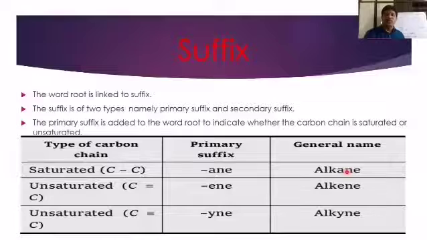If there is no functional group, if any type of functional group is not there, if an alcohol group is not there, a carboxylic acid group is not there, or any functional group is not present, generally in the ANE, the E will be taken as the secondary suffix. The small e itself acts as the secondary suffix. An acts as the primary suffix. Alk acts as the root word. Okay, so in this alkane, suppose a prefix is not there. Prefix means anything before the root word. Yes, any prefix is not there in this.